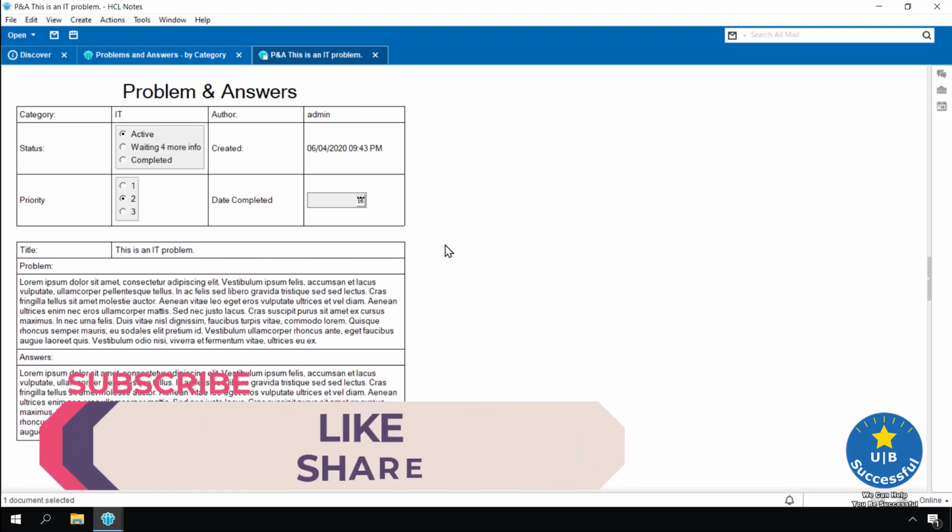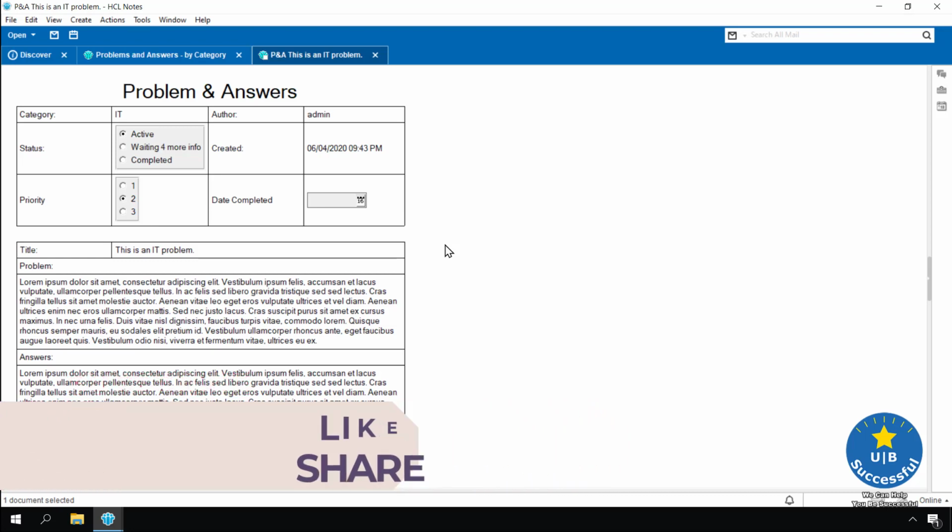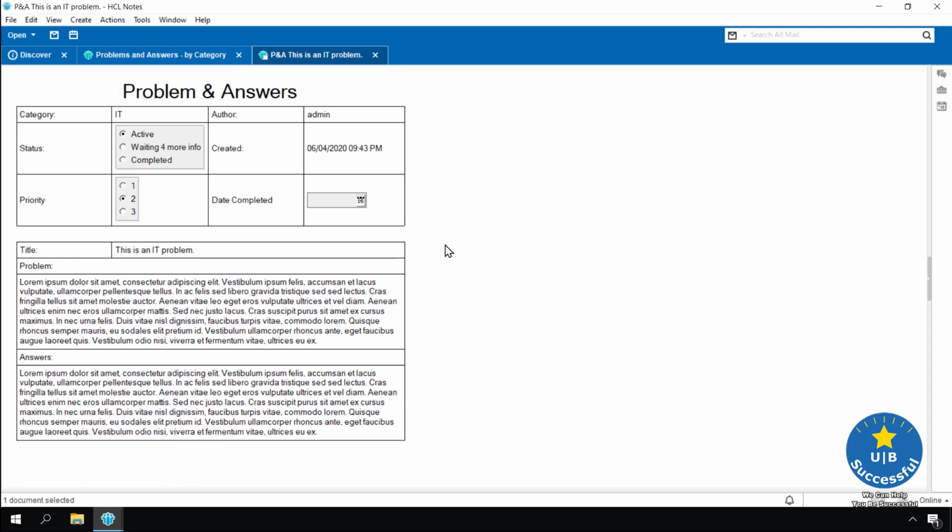Looking good. A number of companies may stop developing this application at this point. We can collect and display data, and in this case, problems and answers. Go to our next